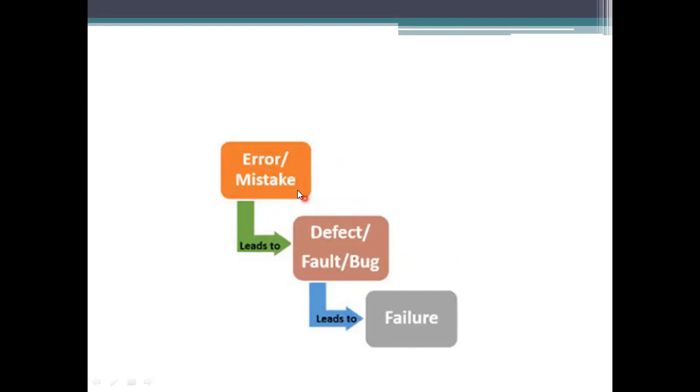So these three that you are specifying are dependent on each other. If you want your system to run in a successful manner, we should not have bugs in our program or in our project. To eradicate these bugs, we won't allow any mistakes or errors in our programs. If you are not overcoming this step by step, the last one will be the failure, the resultant of the designed one.